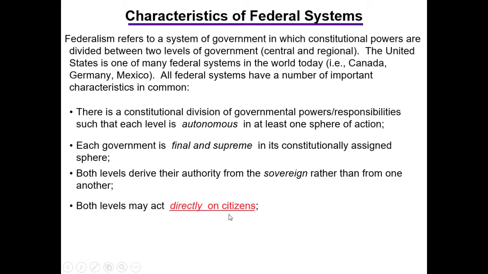And one of the main points that the Anti-Federalists, again, at a philosophical level, took issue with was that this new central government that was going to be created by the Constitution would have the ability to act directly on individual citizens. Congress would have the authority to lay and collect taxes. Under the Articles of Confederation, Congress could only request revenue from the states. Congress would have the authority to raise and support an army and navy, draft you, if necessary, into the military. Under the Articles of Confederation, they could only request militia from the states. And those are just two examples.